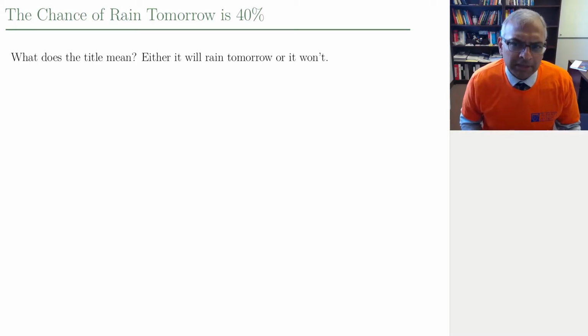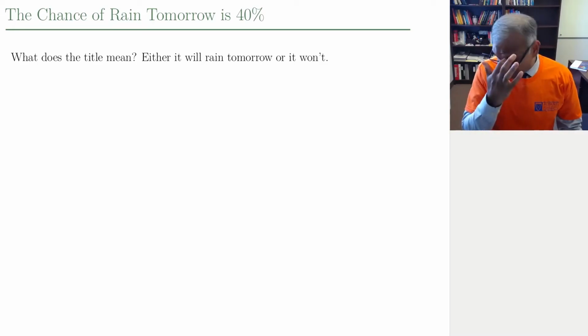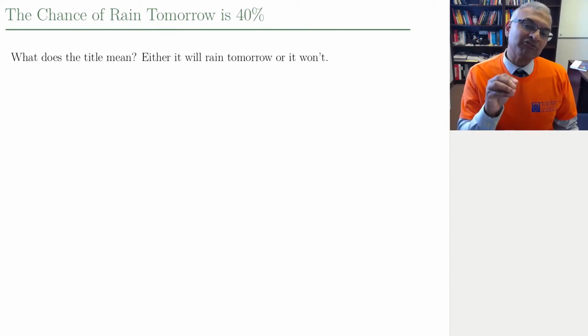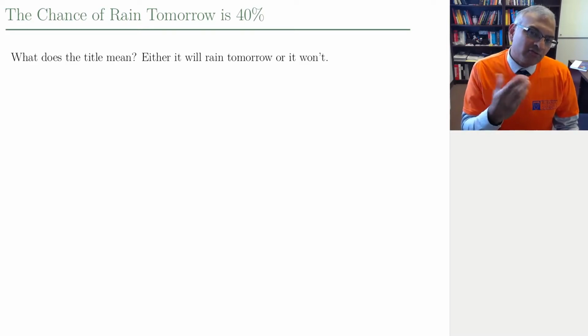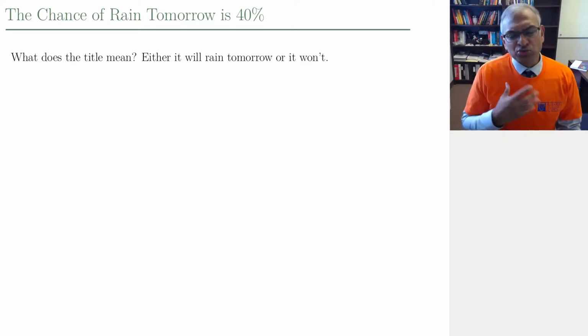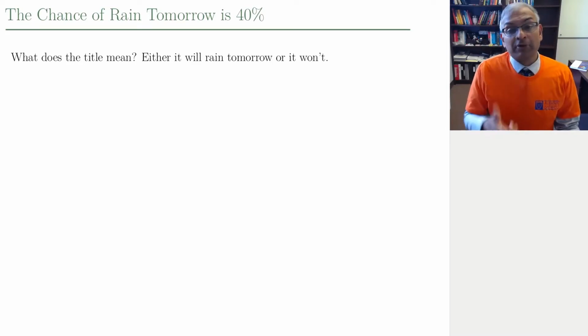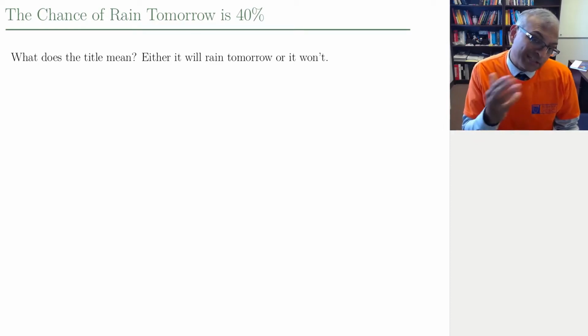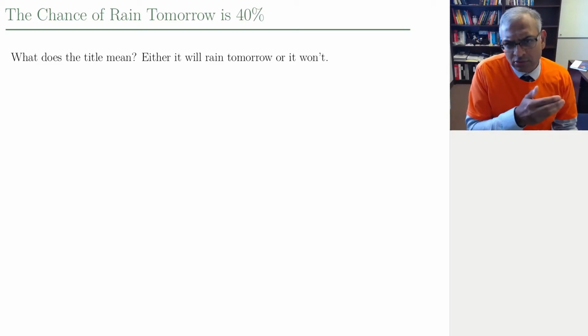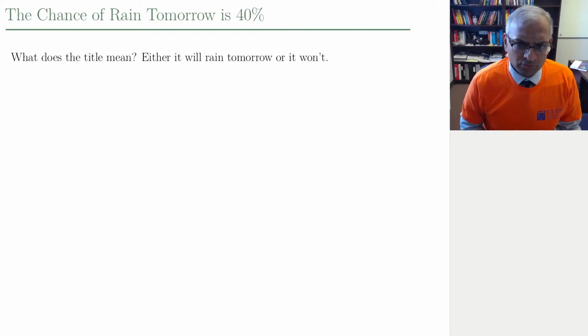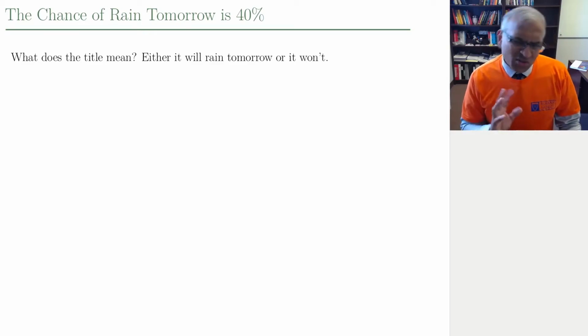Now, there's the sort of subjective degree of belief approach, which says my degree of belief, my level of certainty for rain tomorrow is 40%. Okay, that's a little bit too soft for my liking, and it's very vague, and I don't really know what that actually means, subjective degree of belief. Okay, there's another sort of quantitative view which says this 40% is related to the quantity of rain. Imagine it could rain 0 up to 100 millimeters of rain tomorrow. So 40% roughly sounds like we'll get about 40 millimeters. That's also not quite accurate.